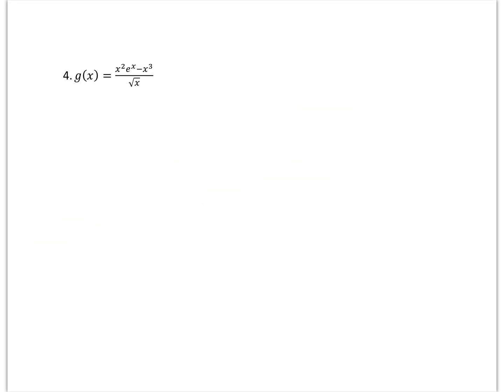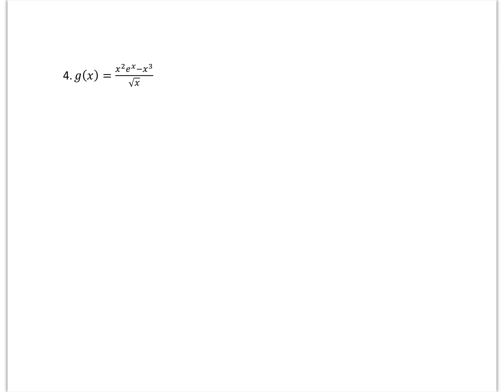Okay, last problem: g of x is x squared e to the x minus x cubed over square root x. We could approach this using the quotient rule and call the numerator f and the denominator g. And as we're working through the quotient rule, when I'm taking the derivative of the numerator, I'm going to have to use the product rule because that's x squared times e to the x. But rather than having to use both rules in one problem, which you could do, you'll get the right answer, it just gets messy. I'm going to simplify this a bit